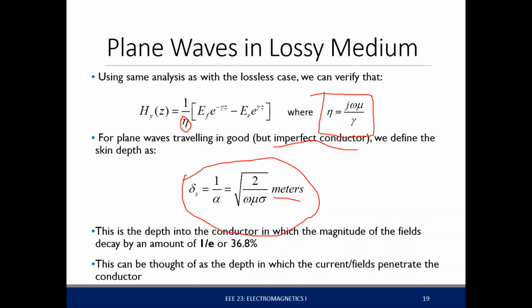So this is the depth into a conductor in which the magnitude of the fields decay by an amount of 1 over e, or 36.8%. So if, let's say, our wave enters a boundary that is conducting,